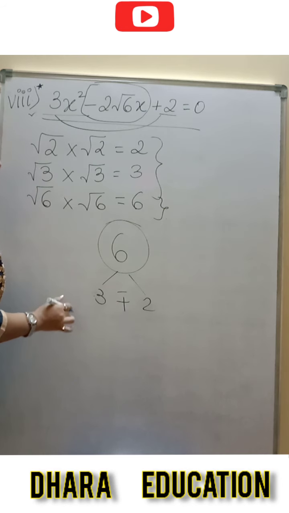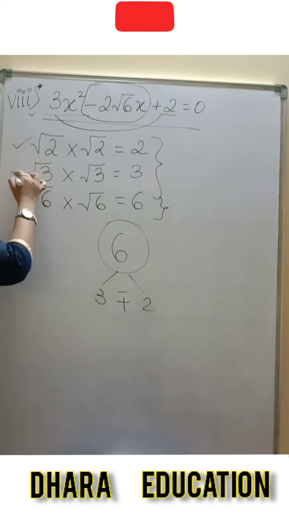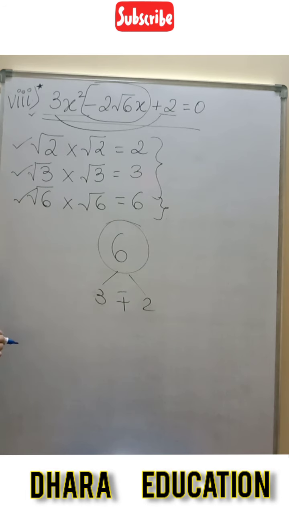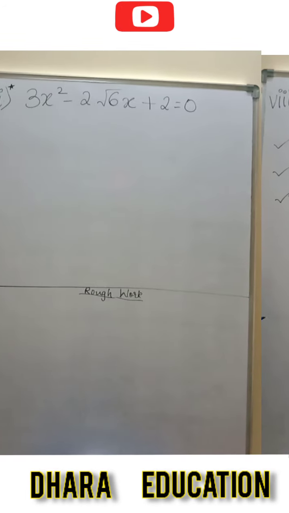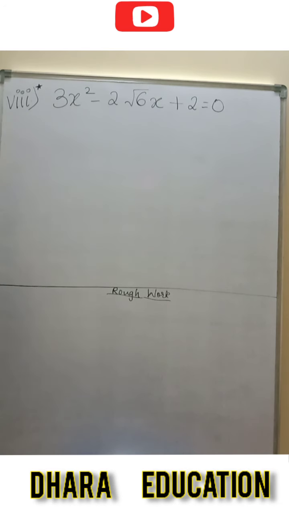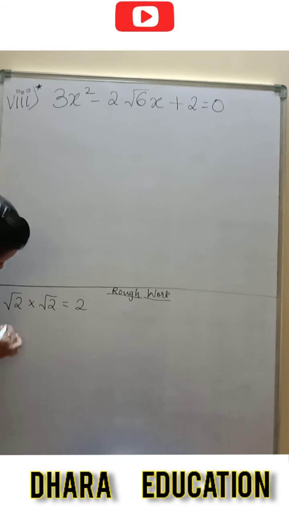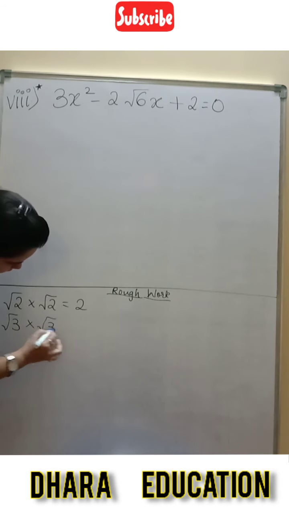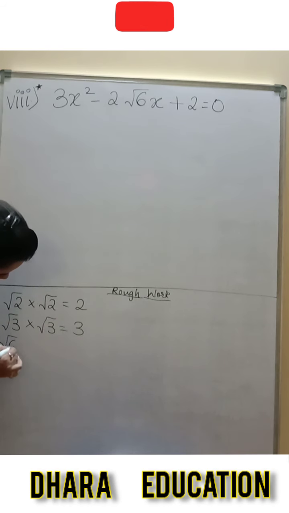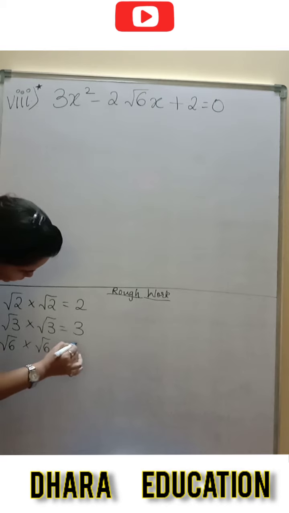So in this particular situation, we need to keep this in mind. Am I clear to everyone? So now students, we need to understand the things I have shown you before also. I have made rough work over here so that it will be visible to you, and it will be helpful for me to solve here. So keep in mind 2 things: root 2 multiplied by root 2 is equal to 2. Root 3 multiplied by root 3 is equal to 3. Root 6 multiplied by root 6 is equal to 6.